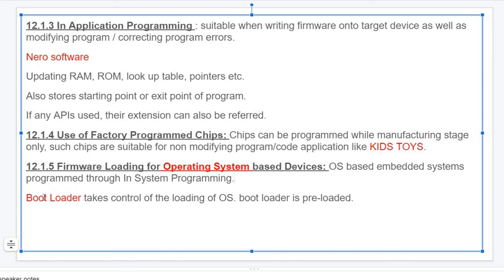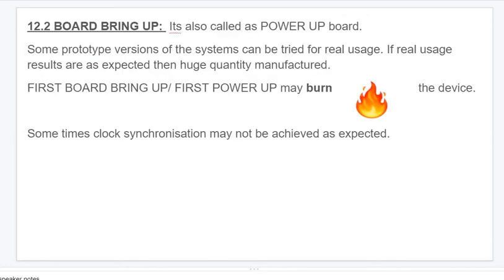Why? Because the OS will get loaded late, so before that only the bootloader will run. If you turn on Windows, you will get a Windows logo after 5 seconds, but something takes place earlier than those 5 seconds, no? Whatever activity takes place is called bootloader activities, which is very important.